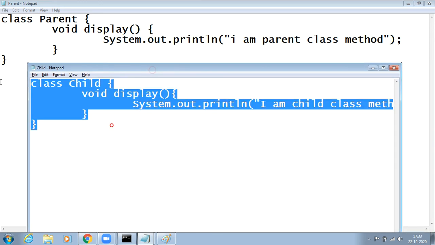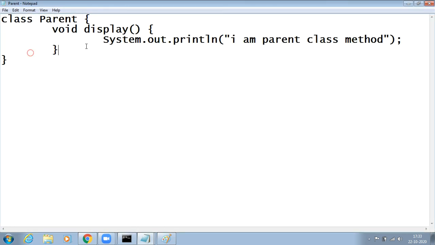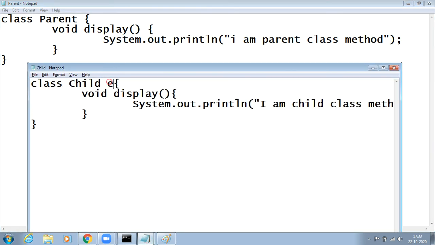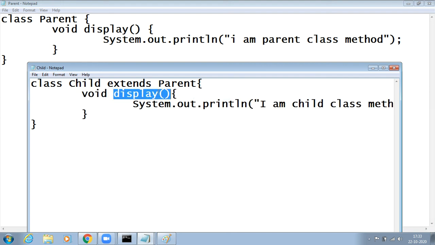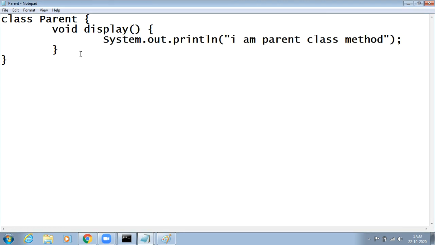Now see, if I run them separately, you can have two different main methods here. But when I run the child class with the help of the parent class, I can say child extends parent. When a child class extends parent, the child class can access the parent class data. The display method in the child class has the same name as the parent class display.